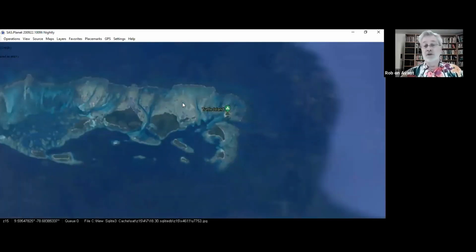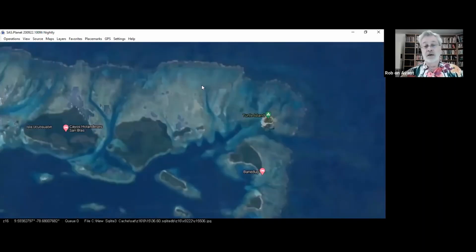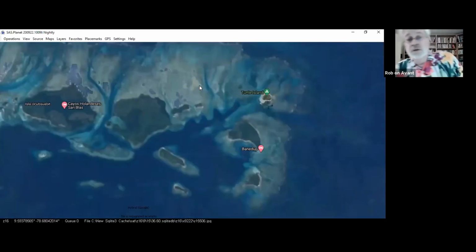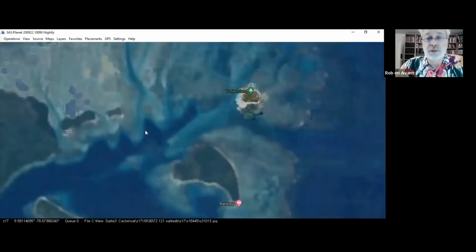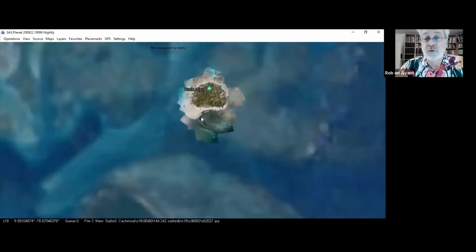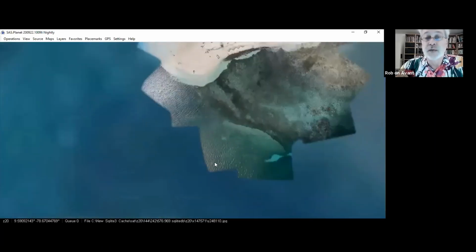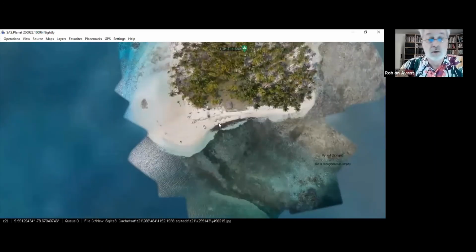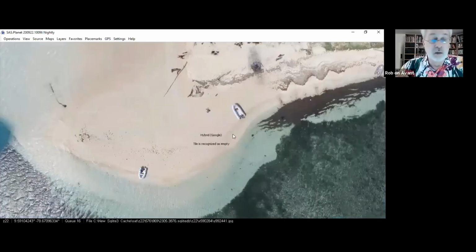If we look at Turtle Island here and we look at it in Google, you can see that the detail isn't fantastic. And as I zoom in a little bit more, you can see the detail's not getting any better. There's really not great detail, except right on the island itself, where I can literally dial right in to the highest level of detail,